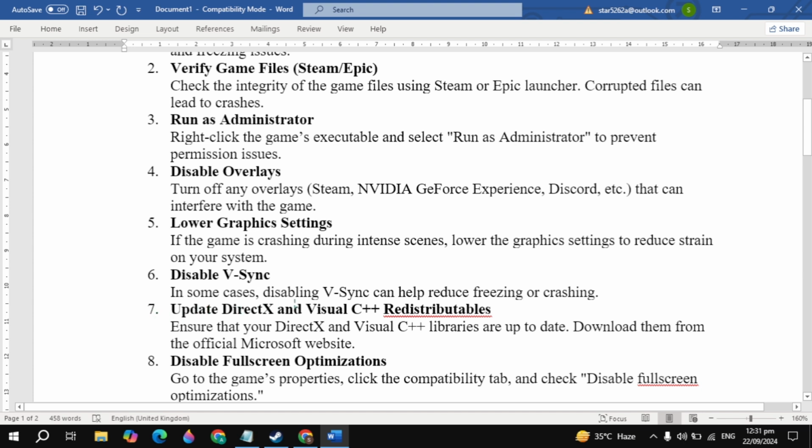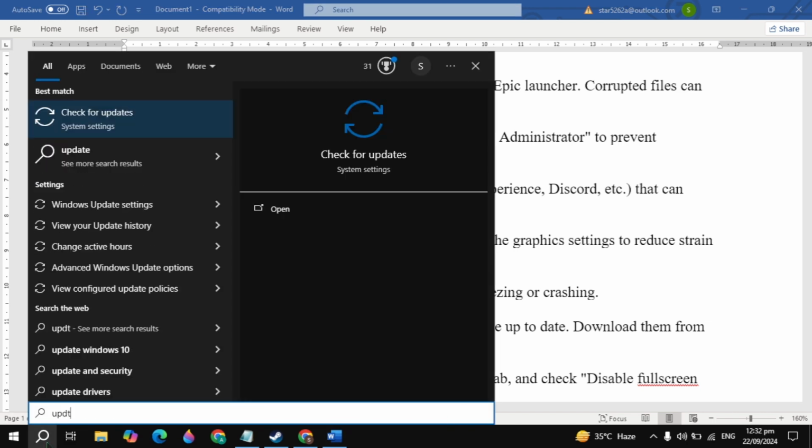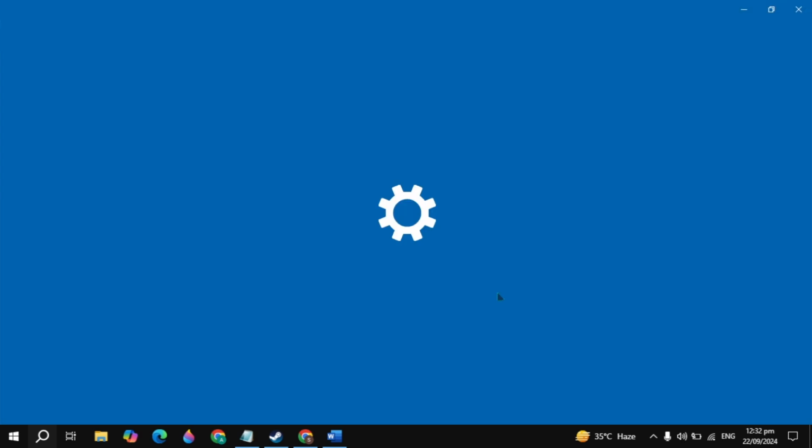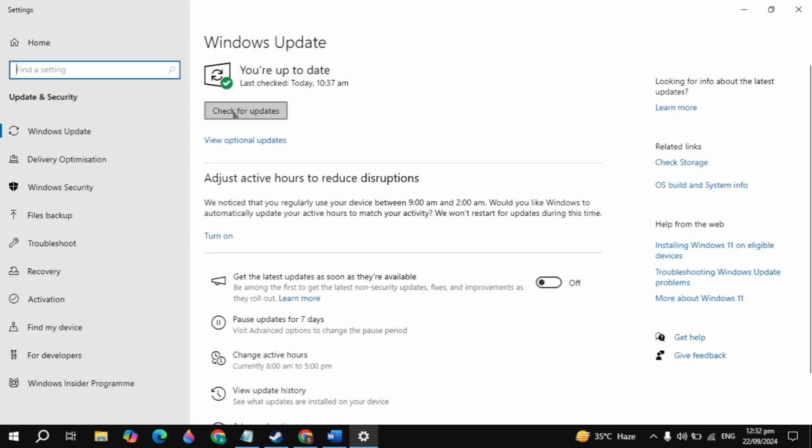Now the seventh step is to update DirectX and Visual C++ Redistributable. Ensure that your DirectX and Visual C++ libraries are completely up to date. Download them from the official Microsoft website. Now go to Windows and type here updates and simply open it. Guys, you just need to make sure that your Windows is completely up to date. Once you update your Windows, just restart your PC, then launch the game, then see whether your problem is fixed or